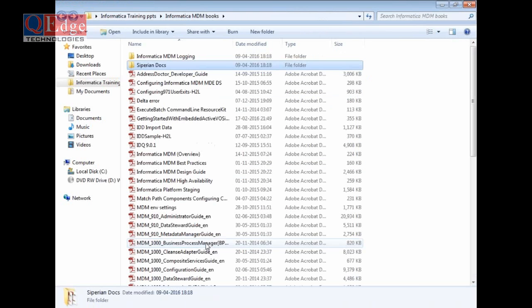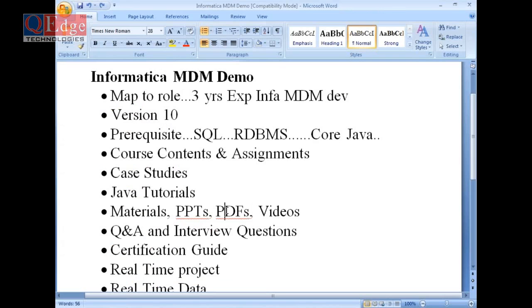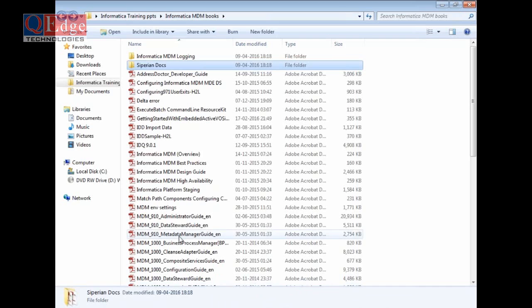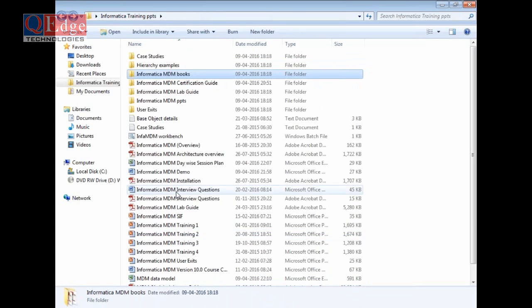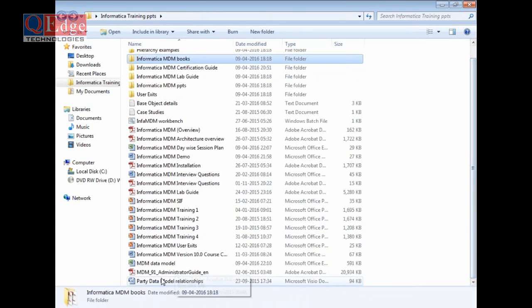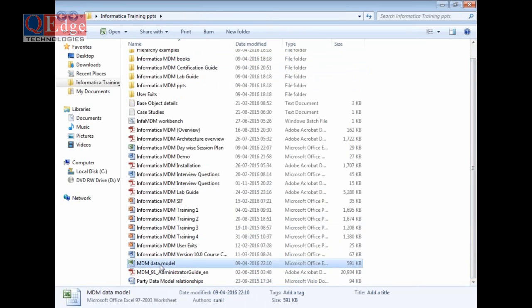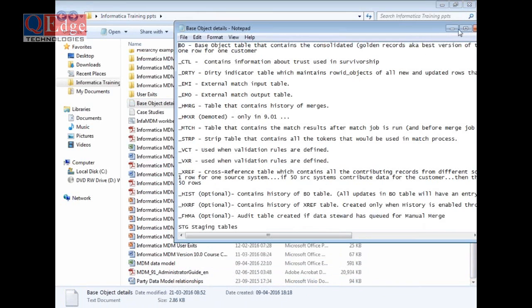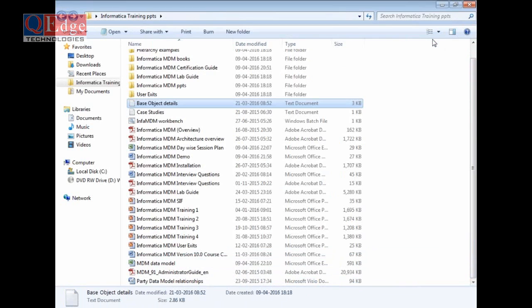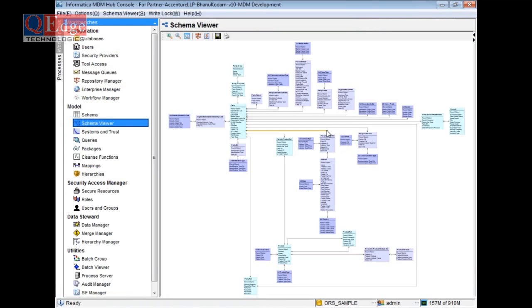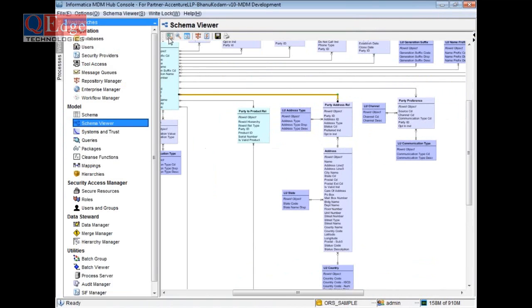And what else? PPTs, PDFs, and different video materials. Let's see, did I miss anything? Yeah, there are a lot of materials, in fact: this relationship model, this data model, and many other things that I'll be providing. This base object details document is very important. It's small, but quite useful. And this was the data model I was talking about. Pretty huge, but